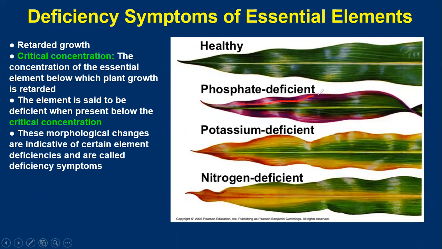Look, if it is showing this brownish violet color, then it is due to phosphorus deficiency. You can find out phosphorus is deficient. Add some phosphorus. If it becomes excess, that would lead to a toxic condition, which will again cause this. So yellowing of the leaf along the corners is potassium deficiency, and yellowing of the leaf towards the center is nitrogen deficiency.